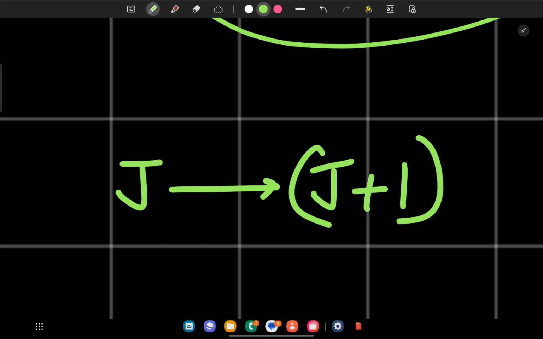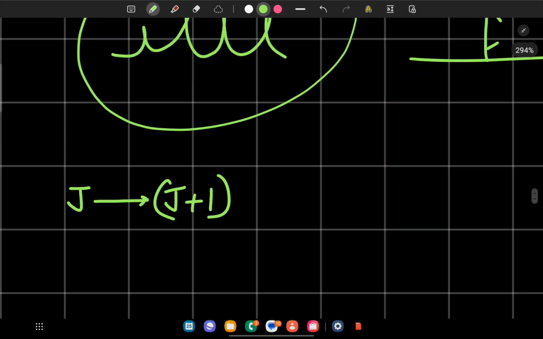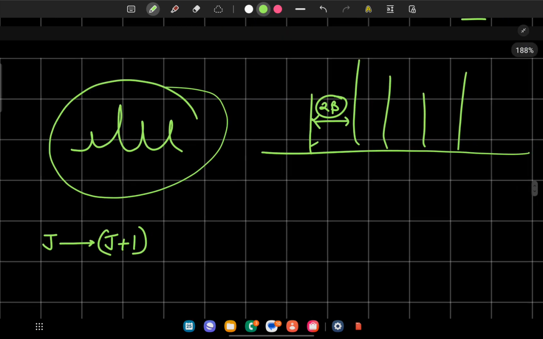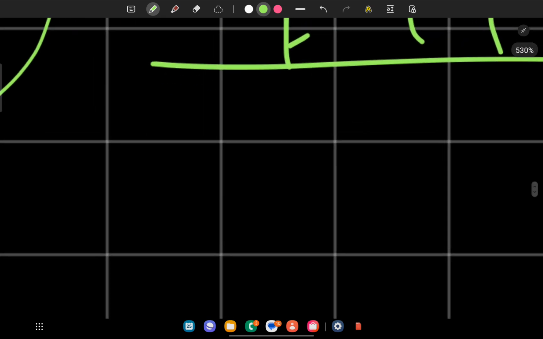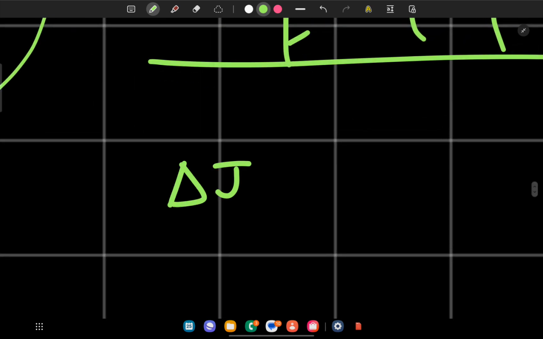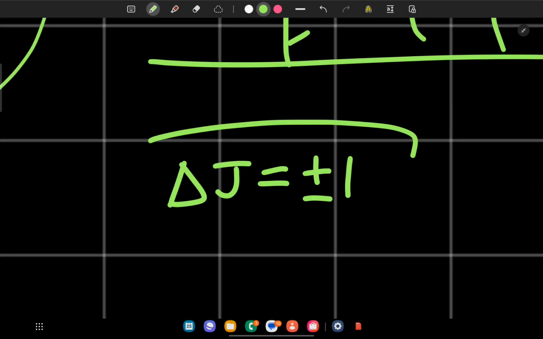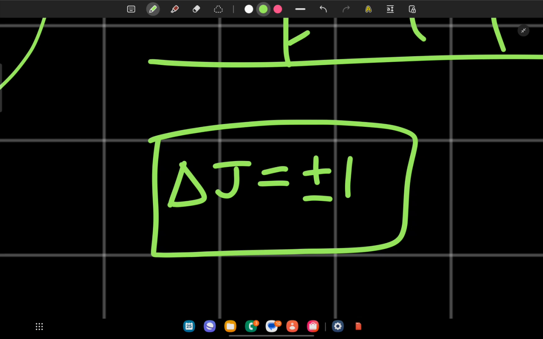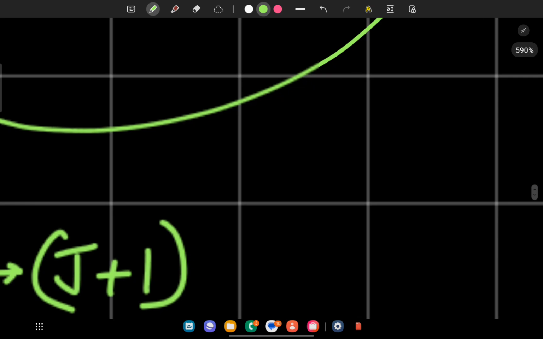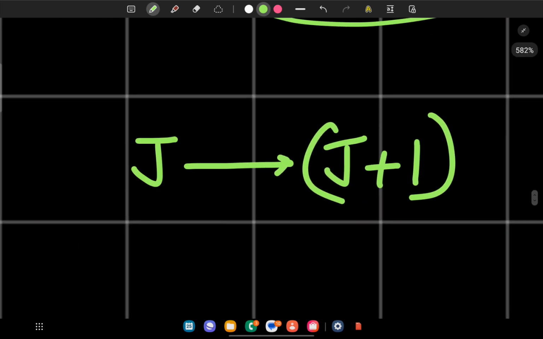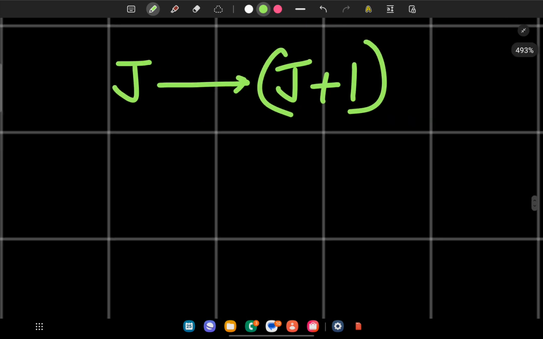Why only j plus 1? Because there is a selection rule when you study rotational spectroscopy. Only those transitions are valid when delta j is equal to plus or minus 1. That means the transition can either be from j to j plus 1 or from j plus 1 to j. That's it. So for this particular transition, let us try to figure out what would be the difference in the